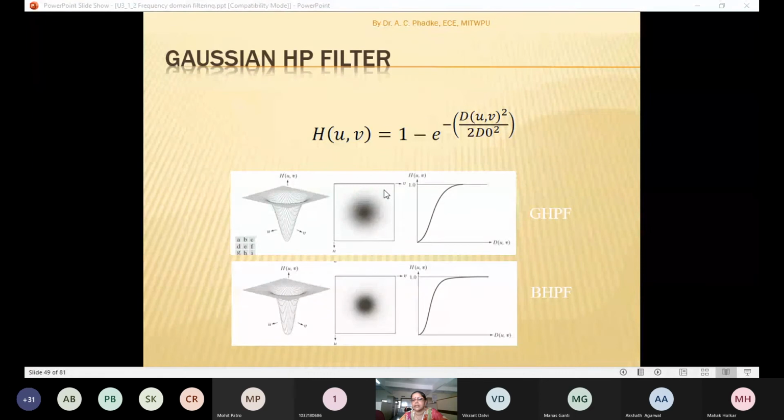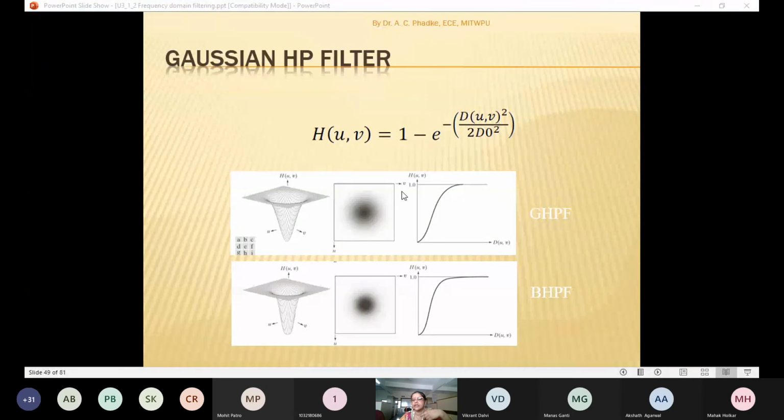As we move away from the center, the brightness intensity value is slowly increasing, and outside this circle all the frequency values are completely white. So the same shape is represented here as an image. This is also a Gaussian high pass filter in the frequency domain, and if we take a cut along the vertical axis for this shape, and if we represent only one part, it looks like as shown here.